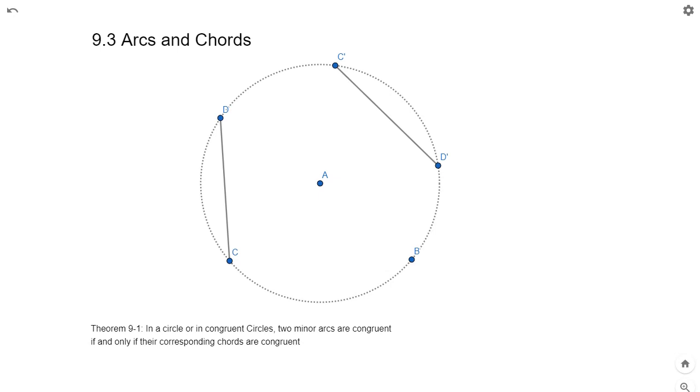Hello class, in this lesson I will go over arcs and chords. We're going to cover a few different theorems. The first one,